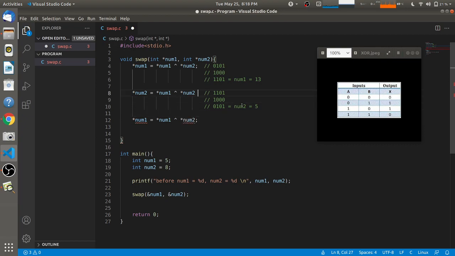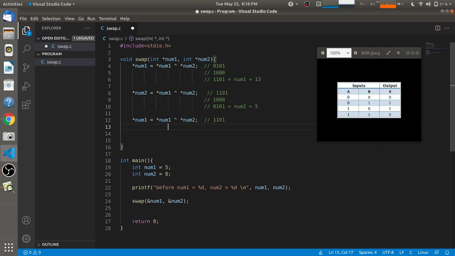Here we have to give a semicolon, and here also a semicolon. Here the value of num1 is still the value modified on the first line, so that value we have to consider, which is this value on the bit level. So the value of num1 is 1101 XOR with the value of num2.